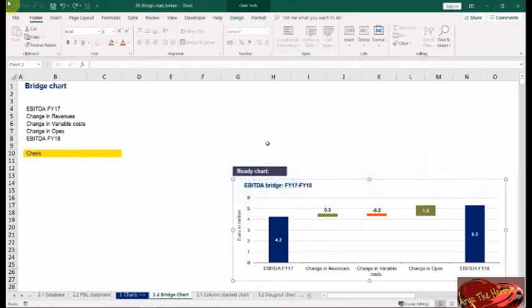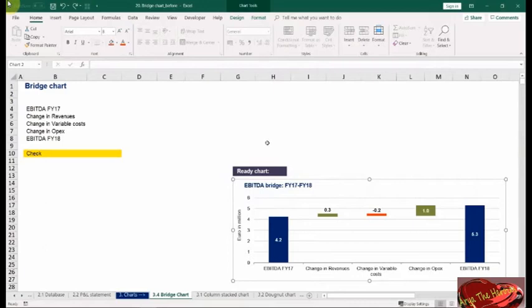In earlier versions of Excel, bridge charts were not native to Microsoft Excel, which complicated their creation. People were passing templates. Some large firms had their own add-ins, allowing the creation of bridge charts. Today, the situation is much simpler because bridge charts have been added to Excel, and it is quite easy to